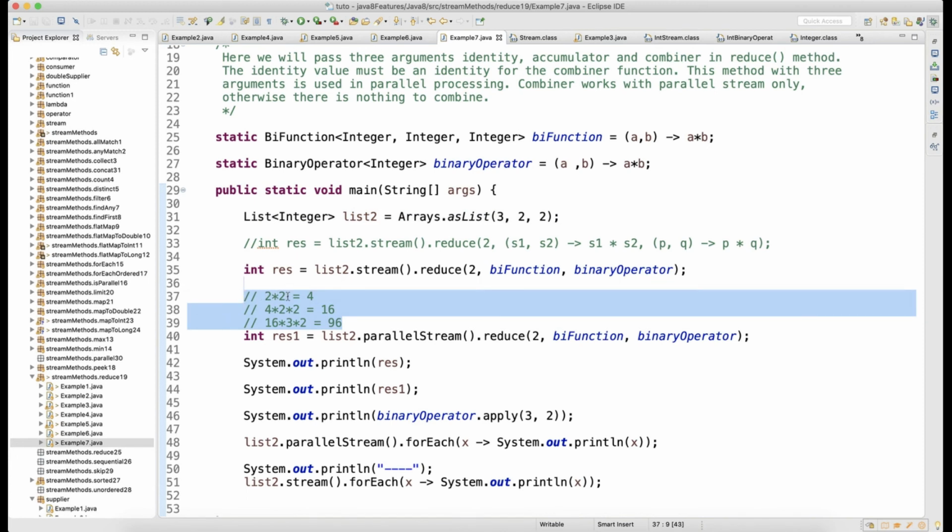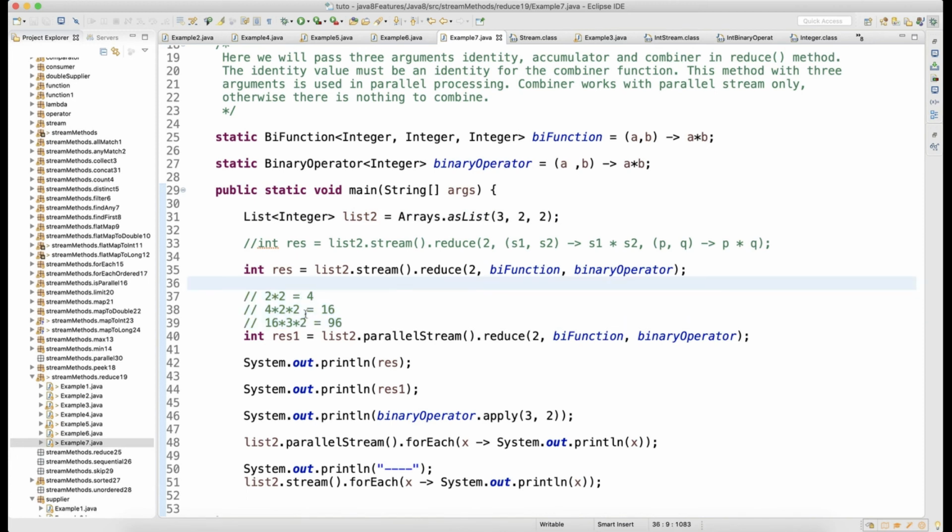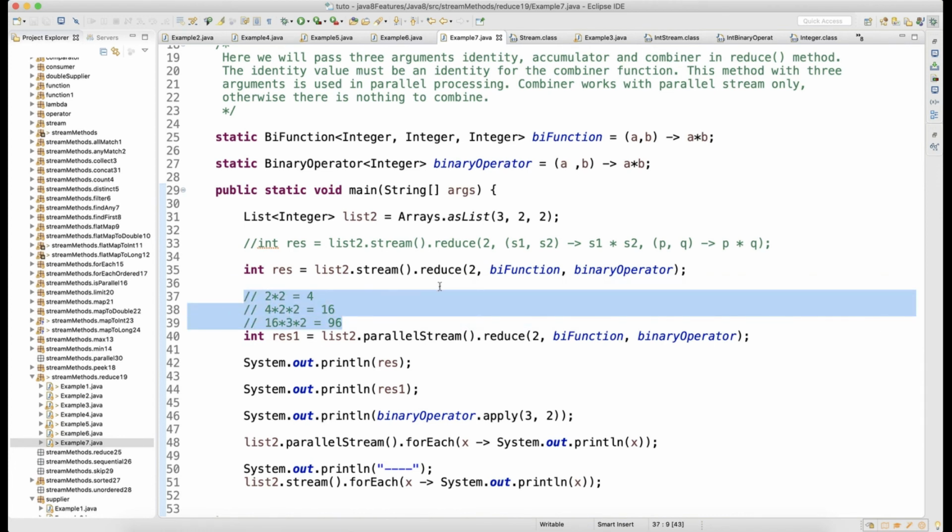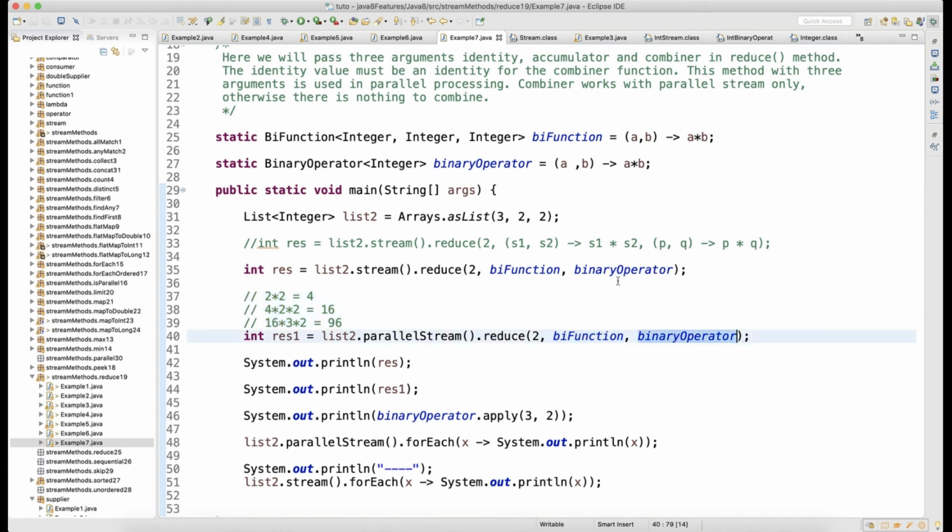So when I was running that, you know how it was picking in this parallel stream, it was picking like this. So how I came to this number, you might be wondering why I have written like this. The reason, first I will explain to you and then I will tell you, okay? So you have 2 and then the same bi-function, same operator. So here what happens, let's say first time in the parallel stream 2 came, okay? 2 came. So 2 into 1, which is nothing but 2, and then since it is a parallel stream, it will get multiplied by 2, which is nothing but 4.